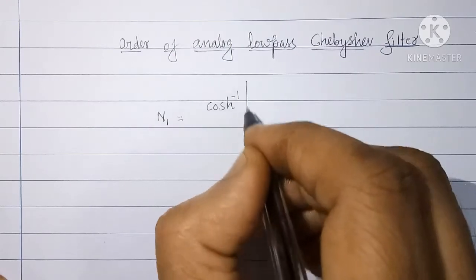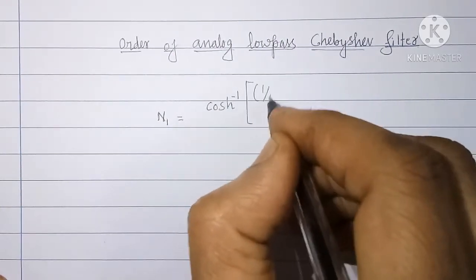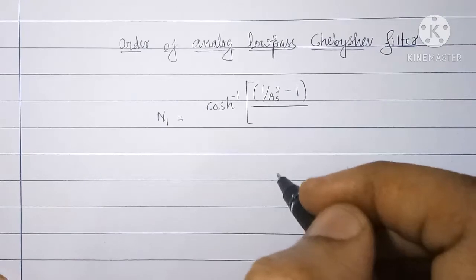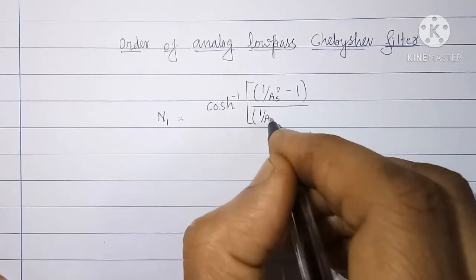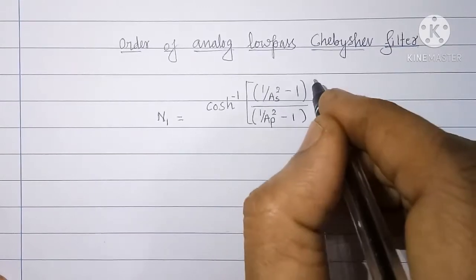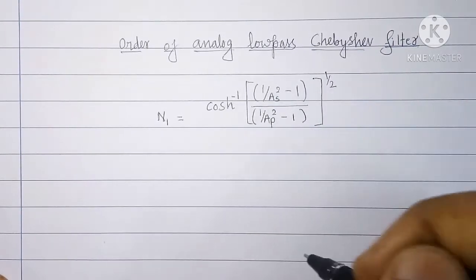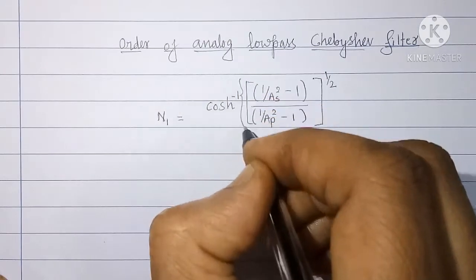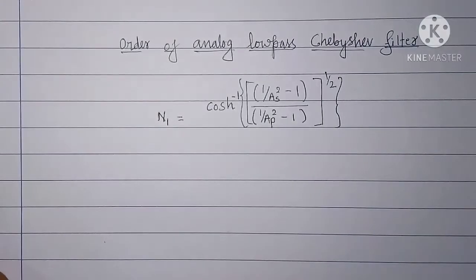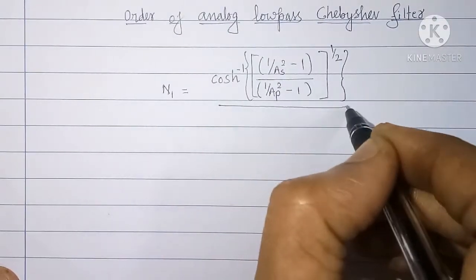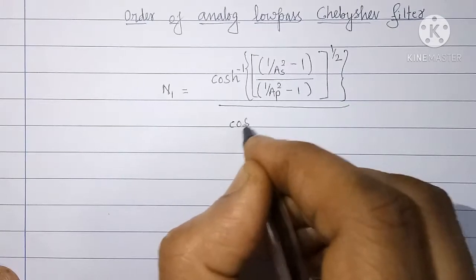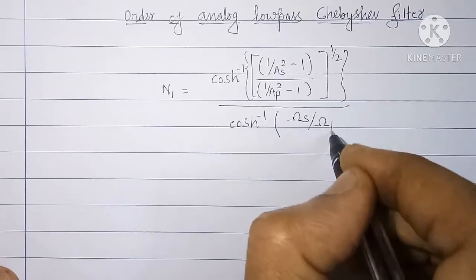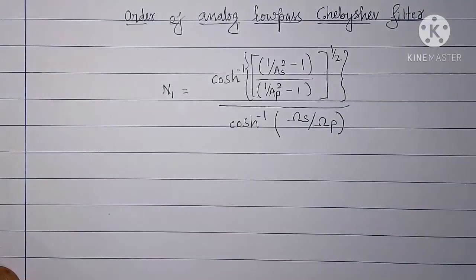cosh inverse of ((1/As² − 1) divided by (1/Ap² − 1)) whole raised to half, divided by cosh inverse of omega s by omega p,